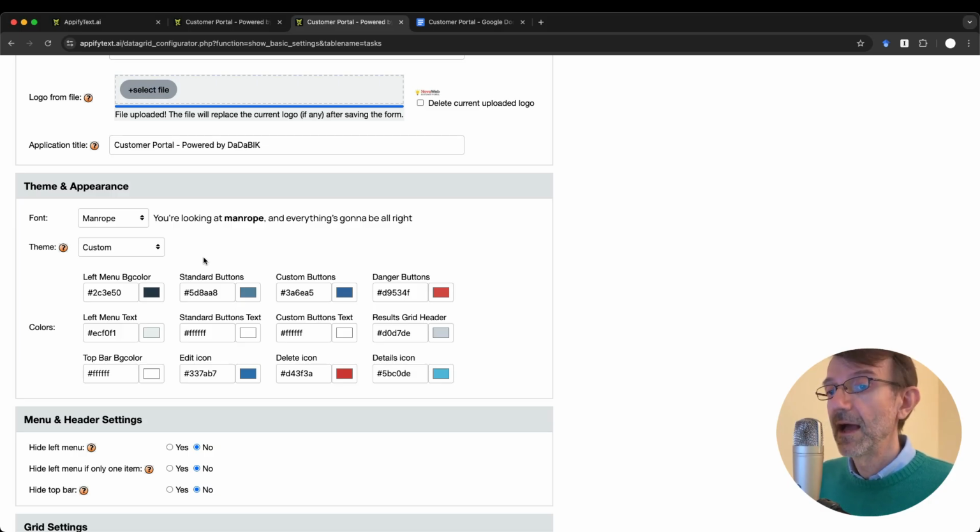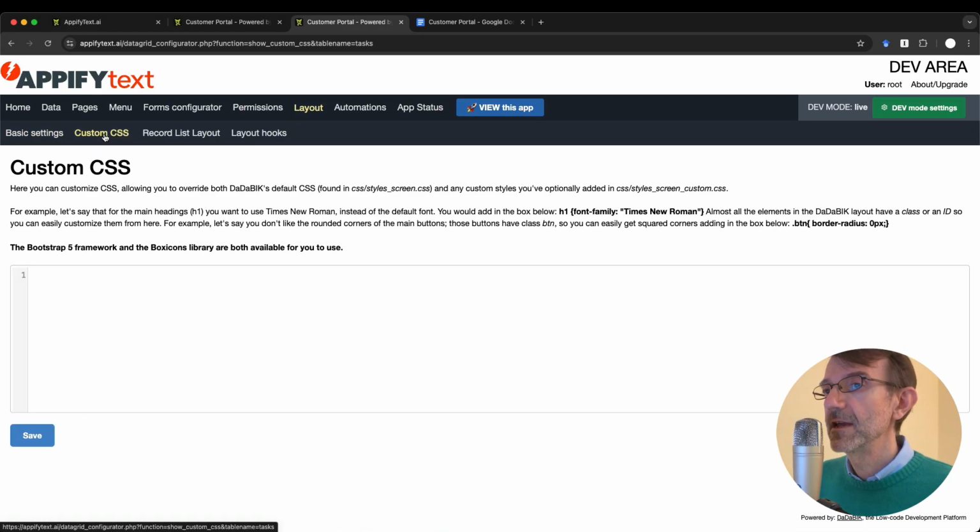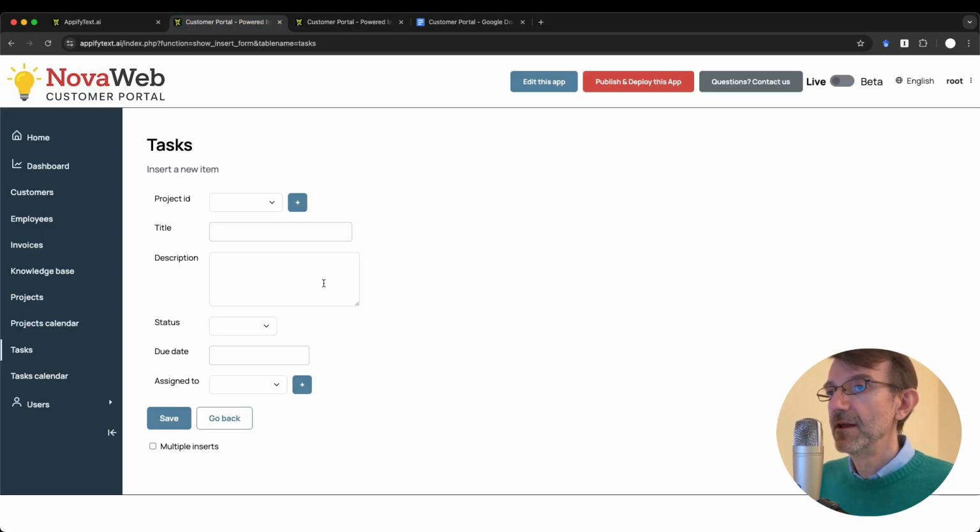All right, and you can do a number of other things, including adding your own CSS rules. So if you know CSS, you can literally change the style of the elements of the user